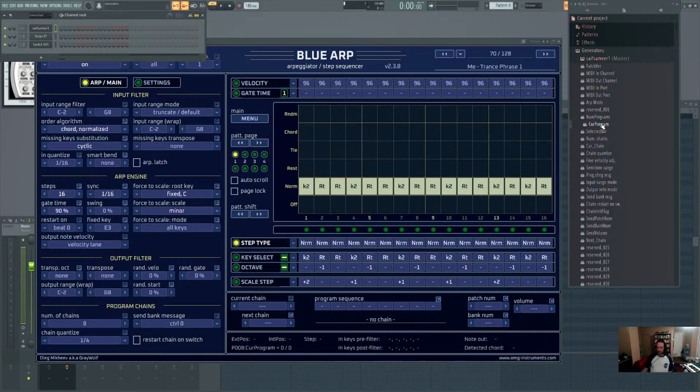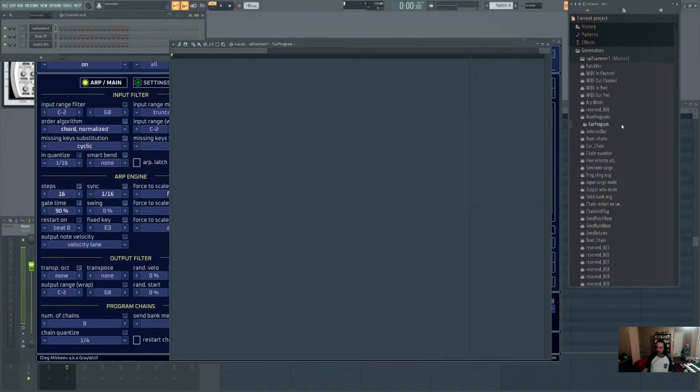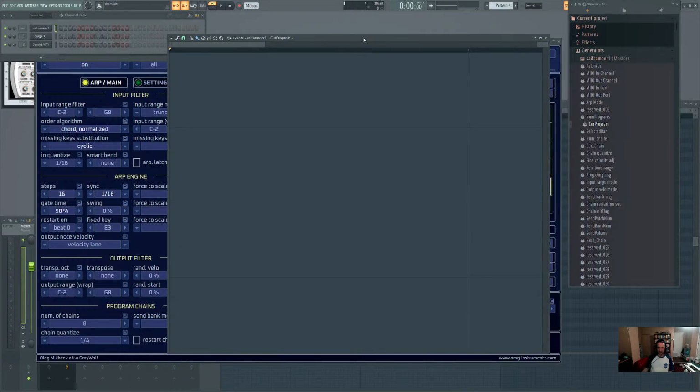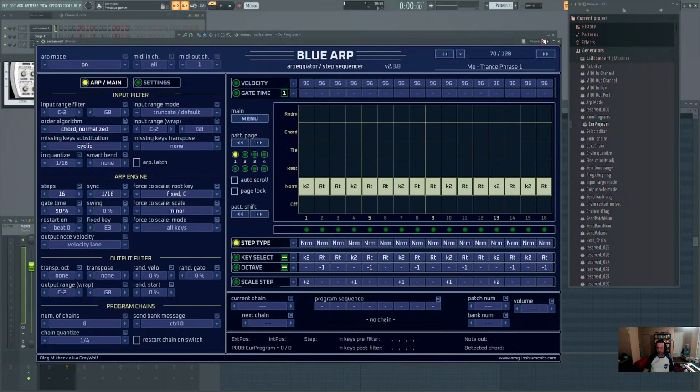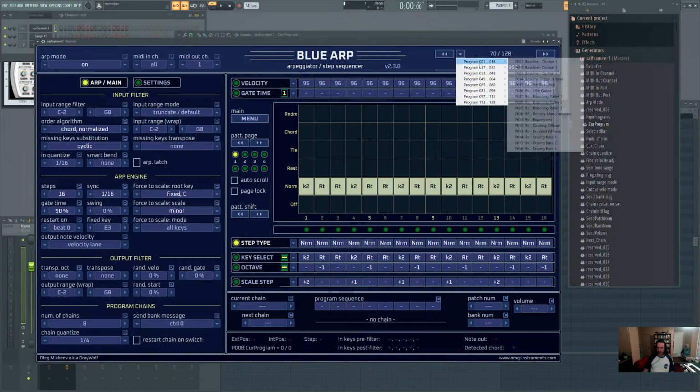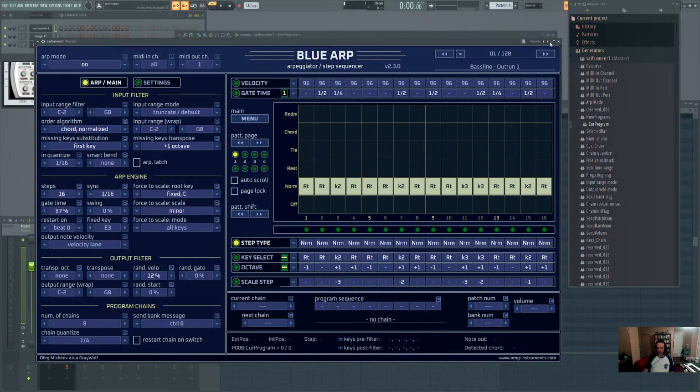Cur program. Link to controller, or create automation clip, or edit events. I still prefer the old edit event thing. It's just that getting this to work with this means you have to, what do you have to do? Like I almost knew it for a minute. So if I choose it here,